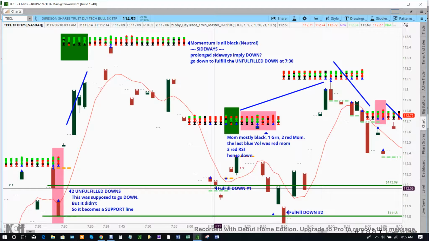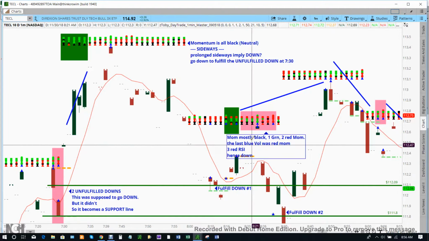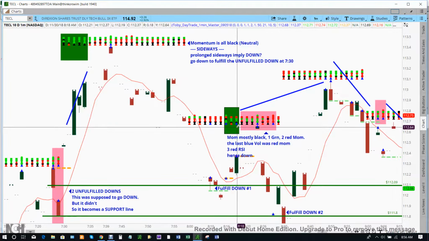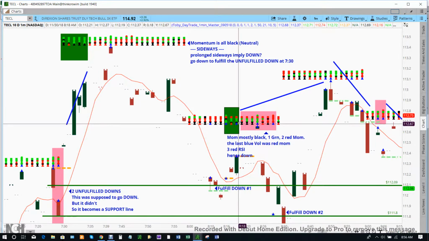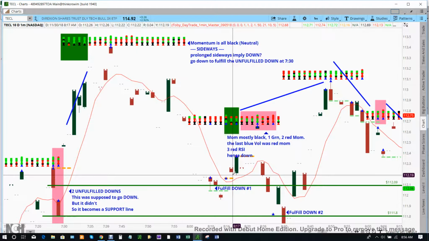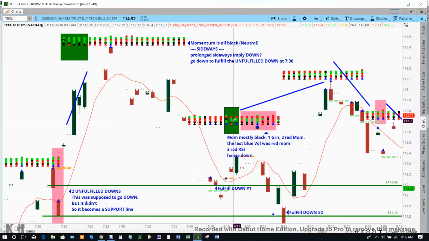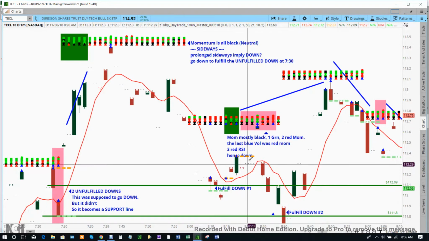So this would be a good place to get in because it hit the support line. And then if you look here, you don't have two blues in a row, but you have a blue, a red, and a blue. So this is going to tell you that, hey, there's two of the three bars, there's strong volume, and it's either green or black. And also, you notice the green triangles. The green triangles are RSI. So this says it's going to go up, and it does a little bit up,